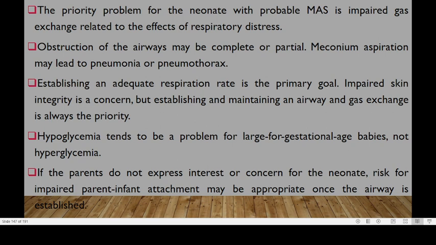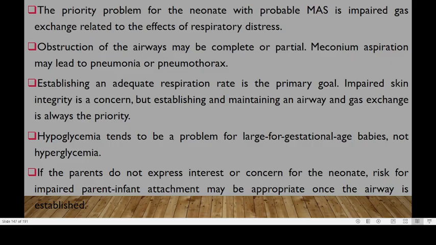Meconium aspiration may lead to pneumonia or pneumothorax. So establishing an adequate respiration rate is the primary goal. Impaired skin integrity is a concern, but establishing and maintaining an airway and gas exchange is always the priority. Hypoglycemia tends to be a problem for the small for gestational age babies, not this neonate. If parents do not express interest or concern for the neonate, risk for impaired parent-infant attachment may be appropriate once